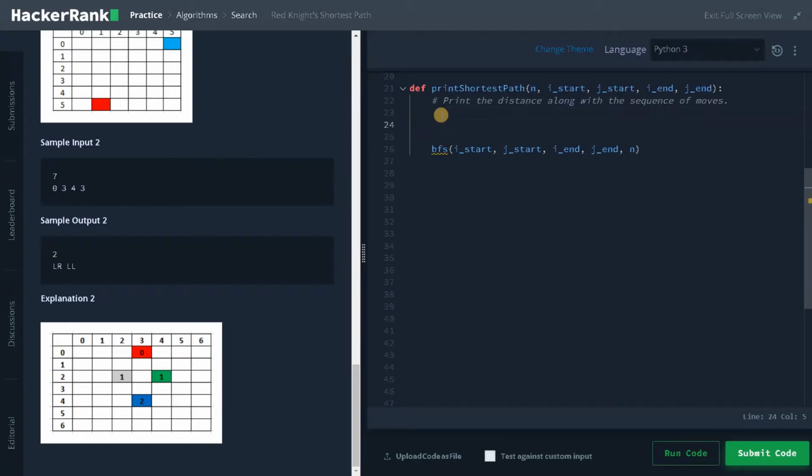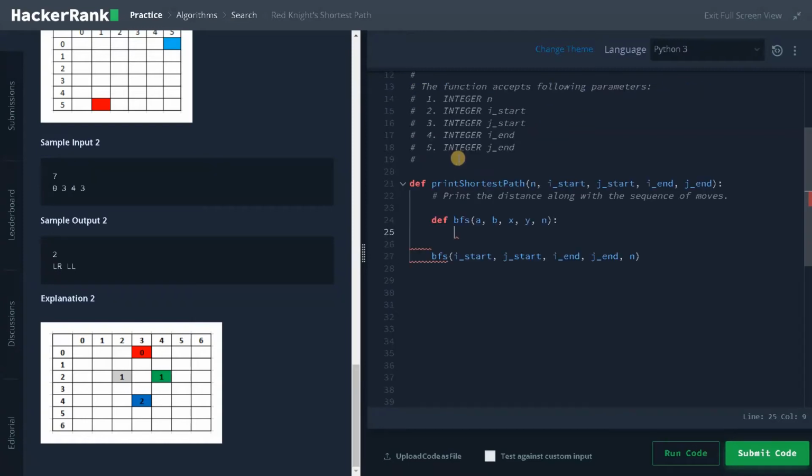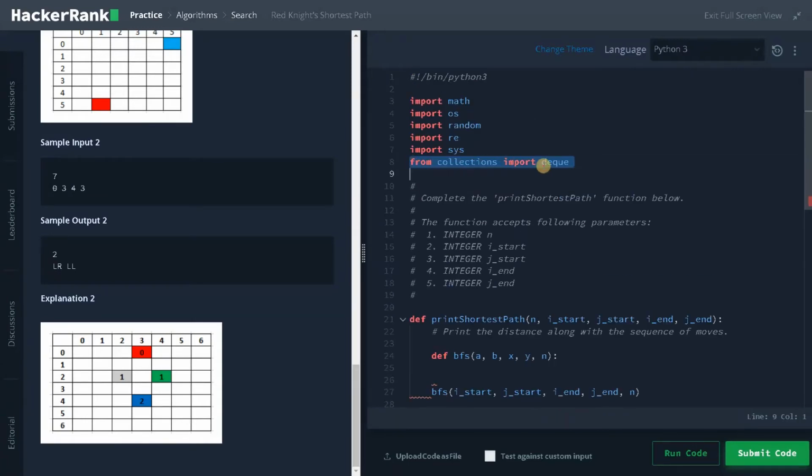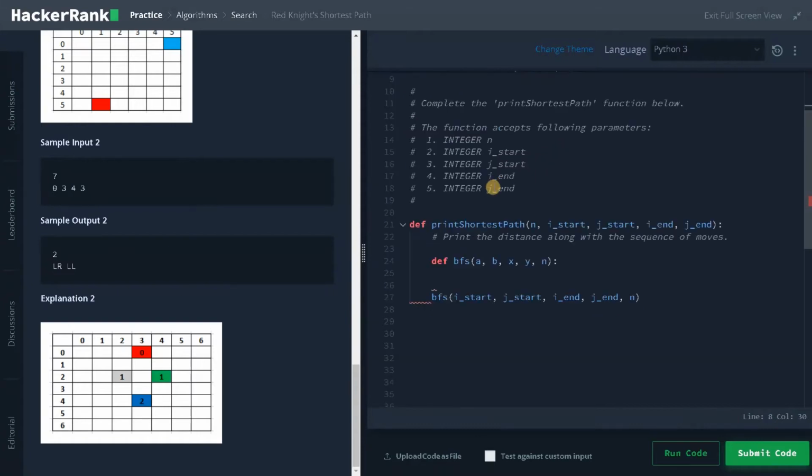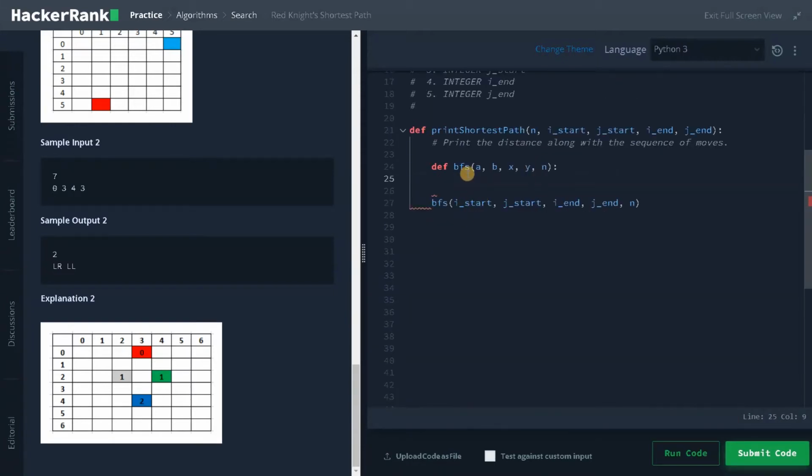Now here we will define the function BFS. So def BFS, starting position will be a comma b, ending position will be x comma y, and n. Now in the BFS we have to define the queue. For that I already imported this deque module, so we can use that here.